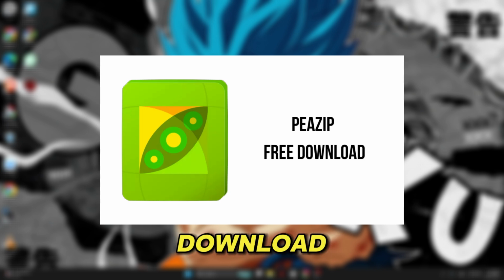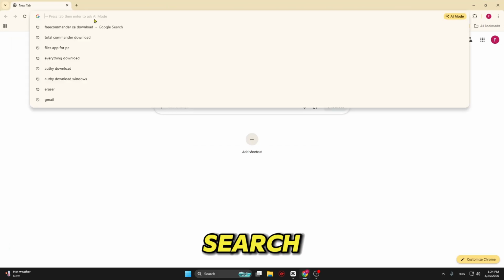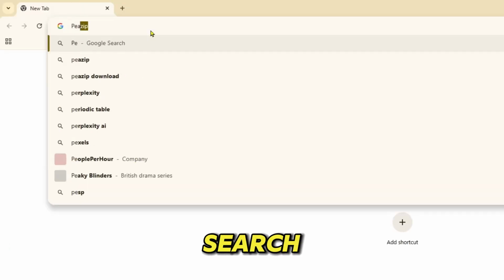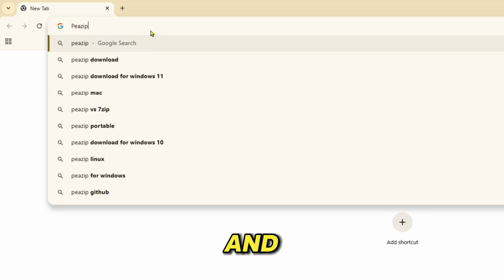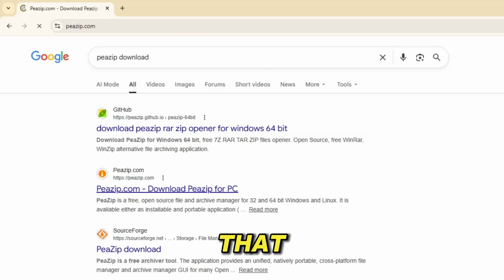So how you can simply download it, you have to open any of your favorite browser and then you have to come over into the search option and you can simply search for PeaZip and click on PeaZip download. And over here, you can simply get PeaZip.com. So if you click on that,